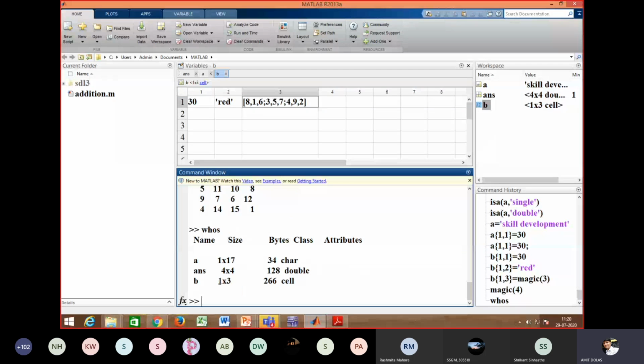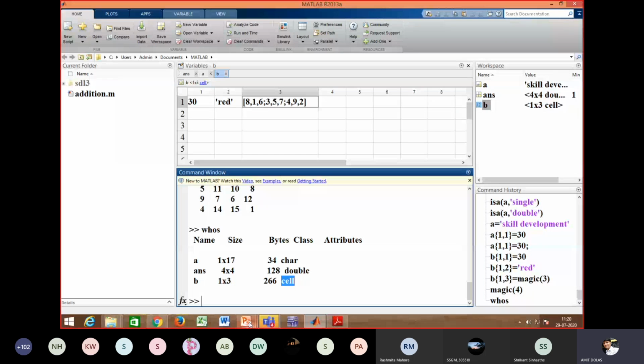Accordingly B has a size of 1 by 3, and it requires 266 bytes to store the data we entered, and its data type is cell. So this is how the data type is retrieved by using the whos instruction.